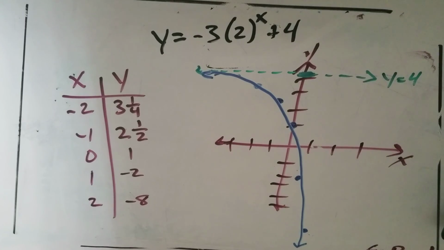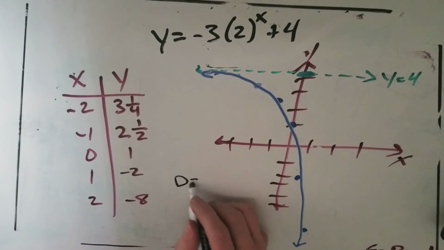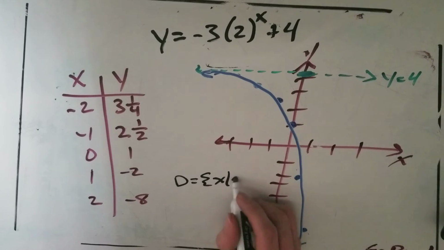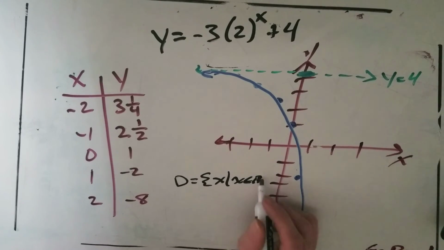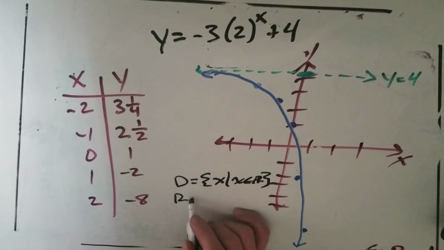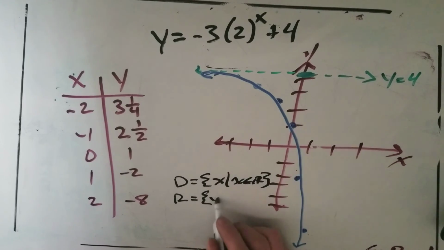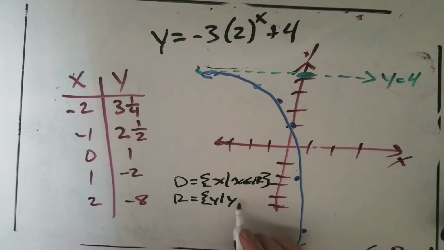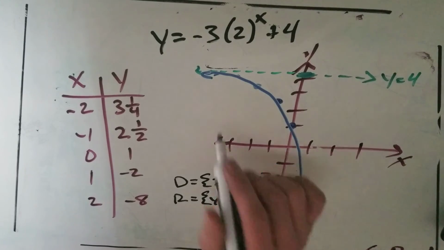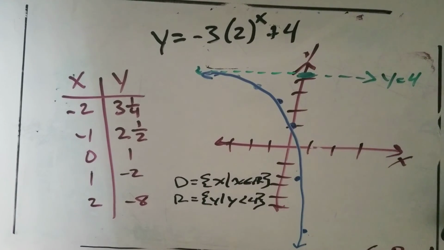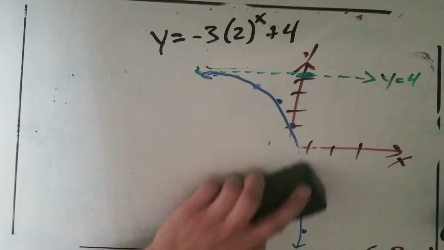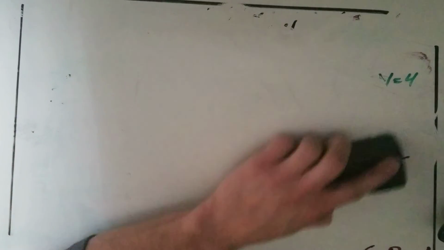So our domain and range for this, domain, well, it's still all values of x, such that x is an element of the real numbers. And y, well, y can be anything, so long as it's less than +4. We're going to approach +4, but we're never going to touch +4. Okay. So our last slide, it's really just breaking down that equation, what we should be looking for in the equation. So our last slide, it just says, what does the equation tell